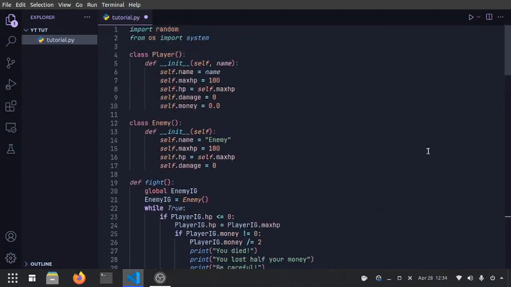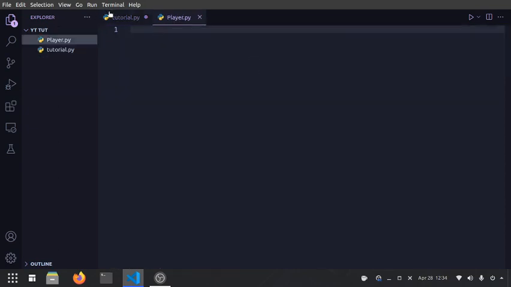So yeah, in this episode we'll be making a shop, and we're going to be reorganizing our code. So it's best practice in Python to store each class in its own file. So let's do that. Over here, let's make a new file. Let's call it player.py, and let's just